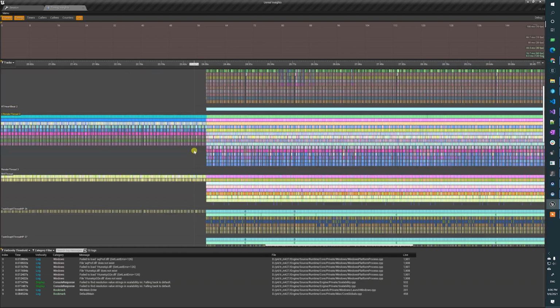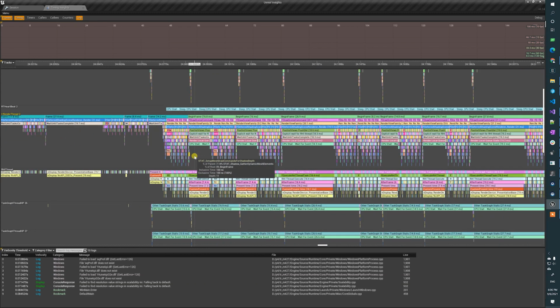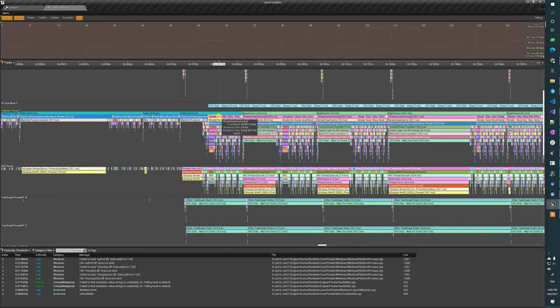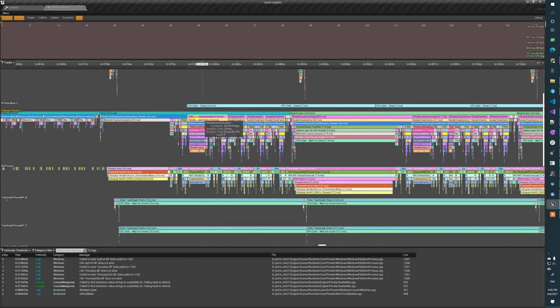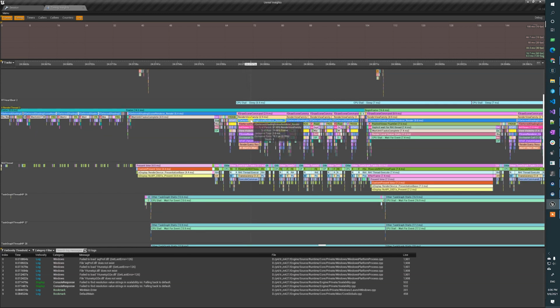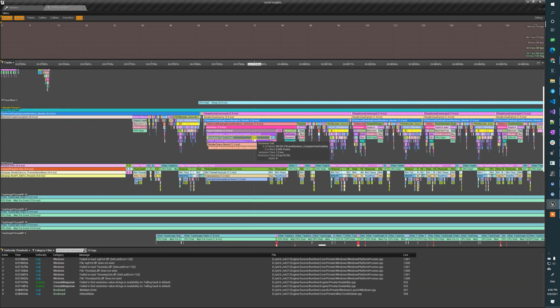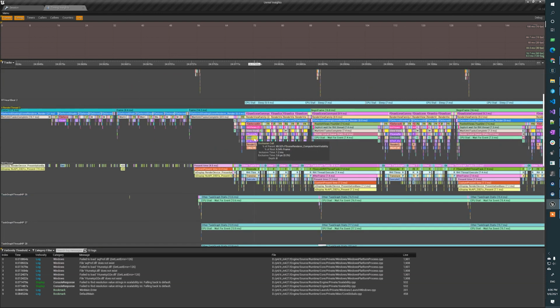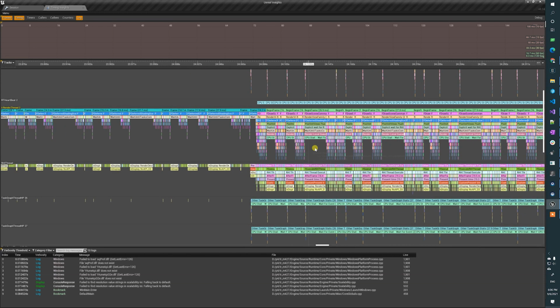Let's see if we can maybe compare a few things. So you see here we get the draw sync command, render view family, which you're missing here. It just starts over here. And then it has a lot more things that you can look at depending on what you're interested in debugging or understanding from your traces.